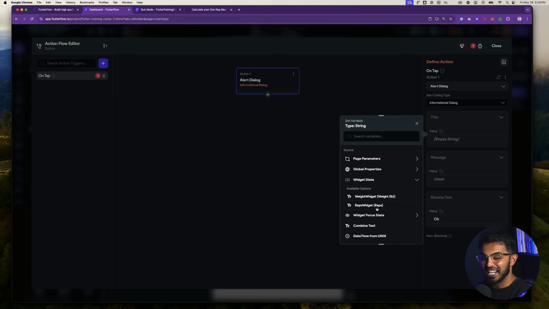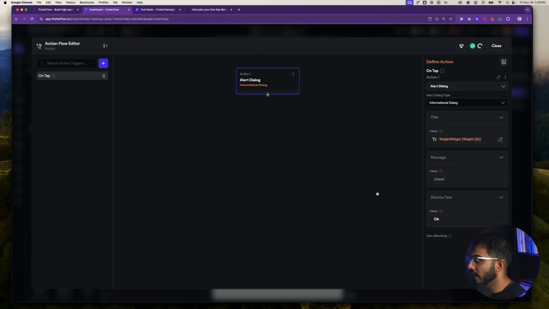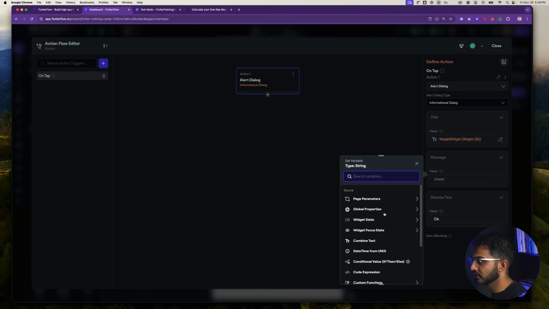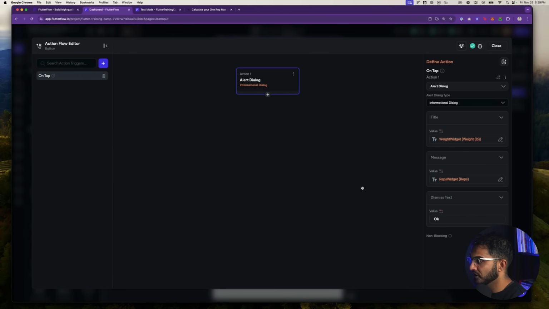You remember, we changed the name of our widget to be exactly that. And now you can see why. If I had just kept it text field and text field, we wouldn't know what the input is that the user is giving to us. So by changing the name of the widget, we can now see the data that we want to work with a lot easier. So the first thing I'm going to grab is the weight widget. And then here in message, I'm going to do the reps widget.